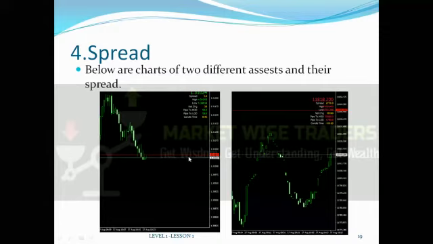So basically, if you wanted to buy, remember we always say we want to buy low and sell high. In this case, if you wanted to buy, they were going to enter you at the red line, not at the gray line. So they enter you at a higher level. And if you wanted to sell, when you press sell, they're not going to enter you at the higher level, they're going to enter you at the lower level.